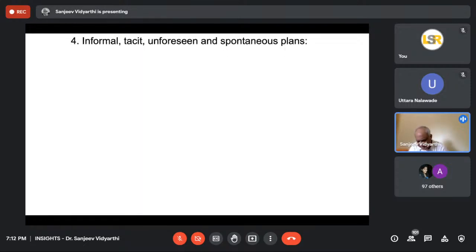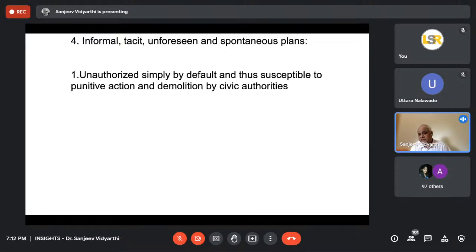And the fourth kind of plans are informal and tacit and unforeseen and spontaneous. ये अपने आप होते रहते हैं, ये लोग करते रहते हैं. Informal settlements are a good example of this. Someone actually plans informal settlements. Informal settlements do not happen overnight or without design. They're very clever design. People identify locations, and these are well-connected sites. And then they develop, and they have an economy of their own. For example, Dharavi has been studied in great detail.